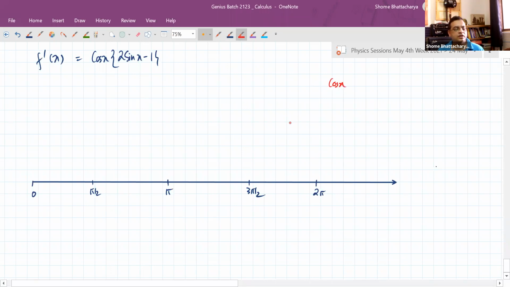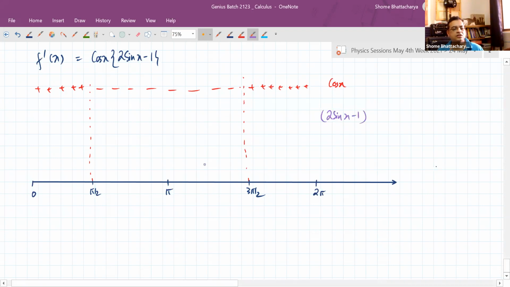So for cos x, which were the critical points? Okay, pi by 2, 3 pi by 2. We saw that for cos x, the graph is positive in the first quadrant, negative in second and third quadrant, and again positive in fourth quadrant. That is as far as cos x is concerned. Now the more critical one,